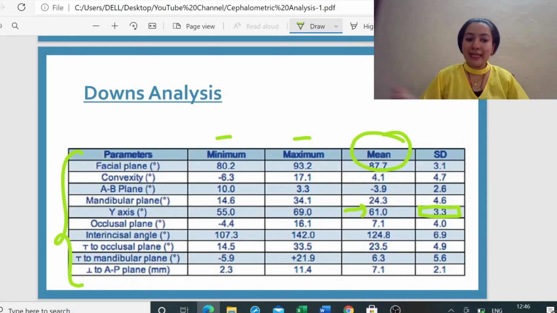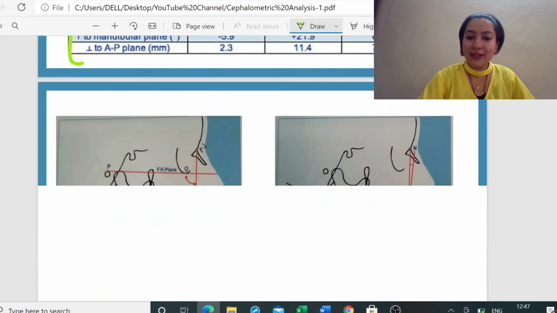Okay, so keeping that in mind, you people must be knowing that you'll get the normal values in the textbook very well. This is not the place where I'll be asking you to mug up the normal values. Yes, you should be aware of it, but you need not mug up. Plus I will not be covering that the facial plane is this much and it ranges from this much. No, that is something which you can easily read from the textbooks. I will be explaining to you the interpretation of it. What happens if this angle increases? How does it look? What does it mean? Okay, so let us start with this.